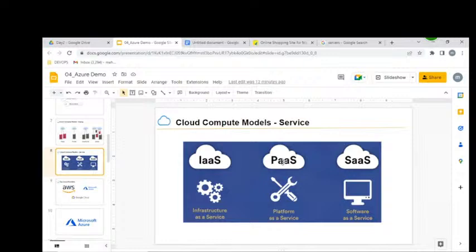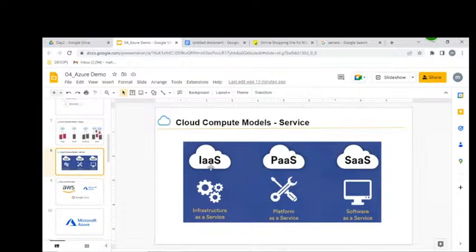But what does the cloud say? Don't worry about hardware. Don't worry about operating system. Don't worry about software. These three layers I'm going to provide to you. You can directly execute your program. As a developer, no need to worry about hardware, no need to worry about operating system, no need to worry about software. Directly he can execute code here. So platform as a service, maybe Java platform, .NET platform, Python platform. So this belongs to the developer, not to you.